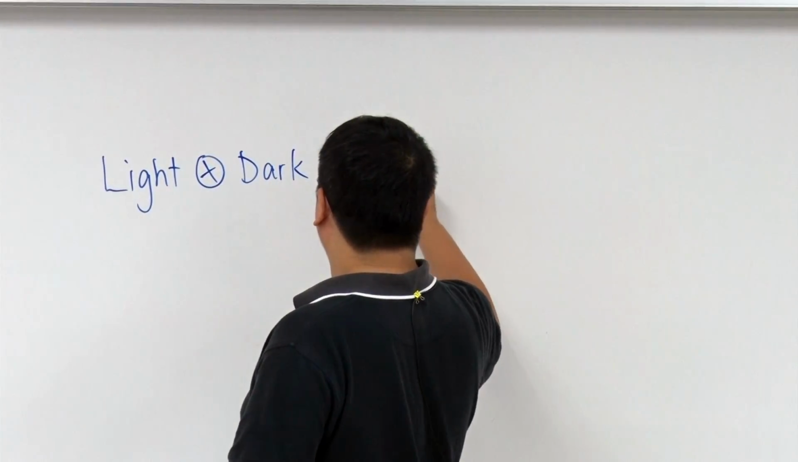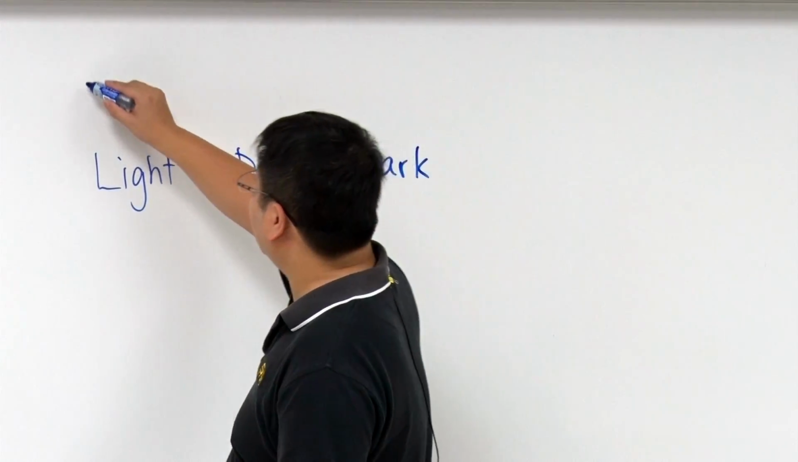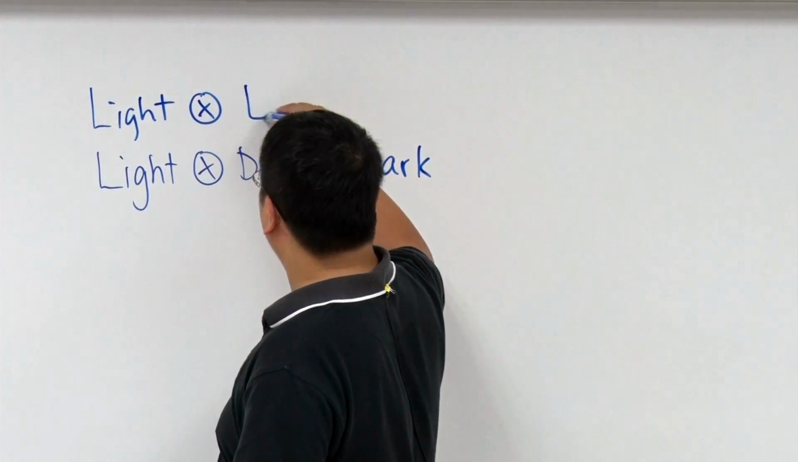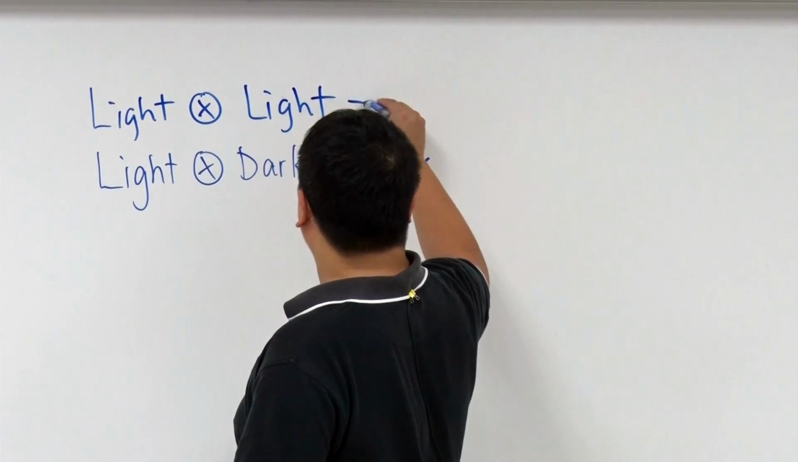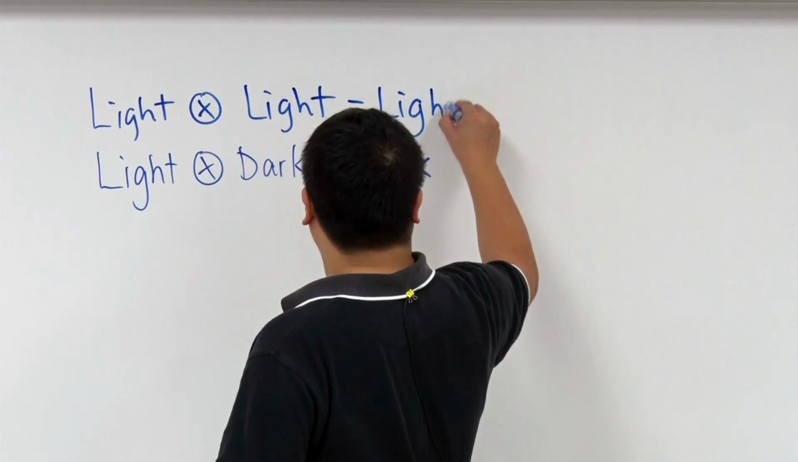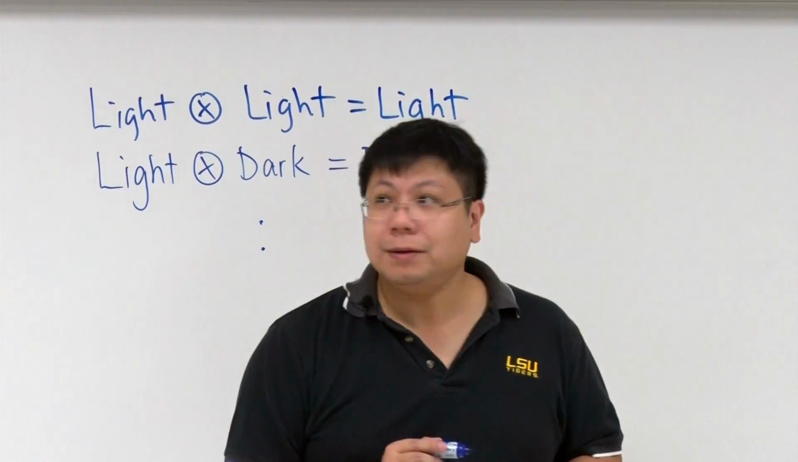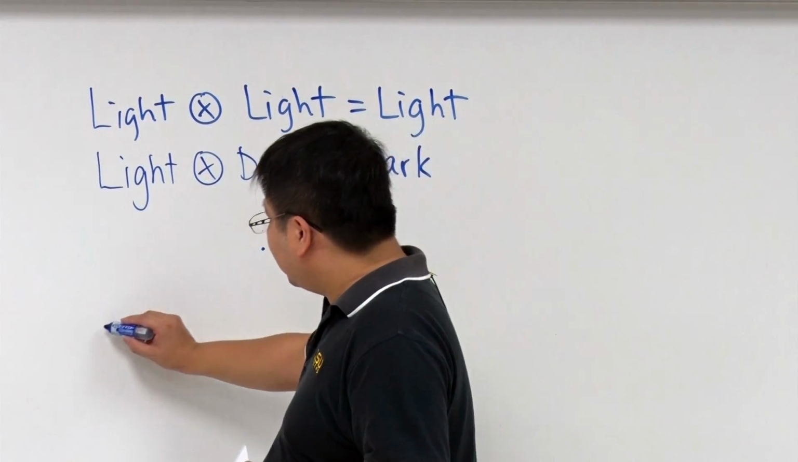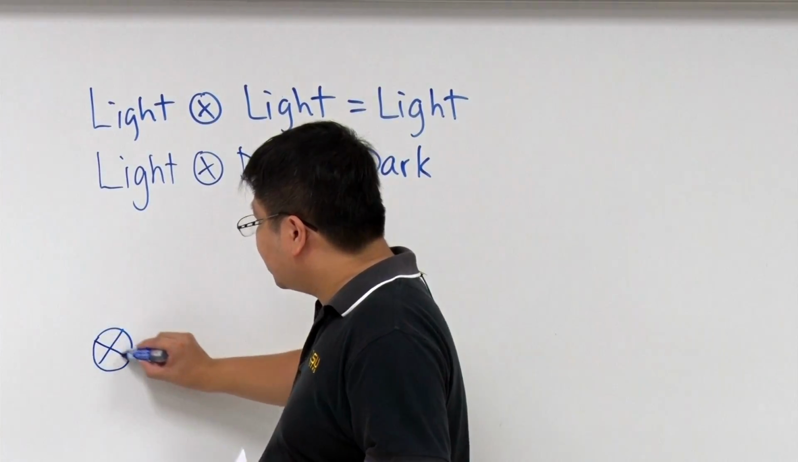Dark is equal to dark, and then light is equal to light, and so on. Is that okay? Now, first of all, if you look at this as an operator, this is going to be a